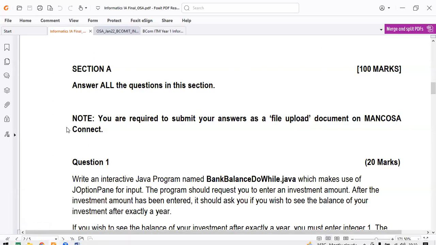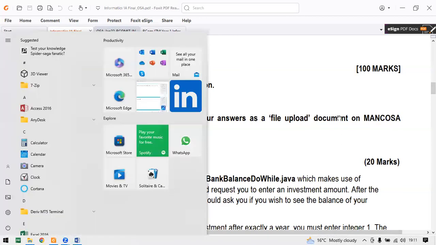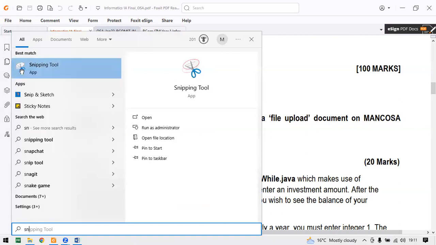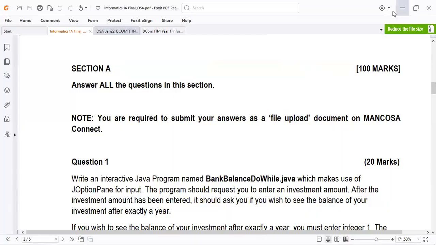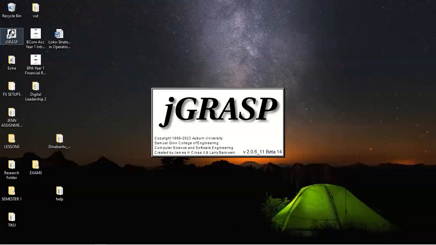So whenever they ask you to do that, most of the time you go to the start, you press the start button of your computer, then you type SN, the Snipping Tool. It's a default tool on Windows. To those who are using Windows, I'm not aware of the Apple one, but to those who are using Windows, you click it, right? So whenever you run your program, let me minimize it for now and open this. So this is an exam tip.